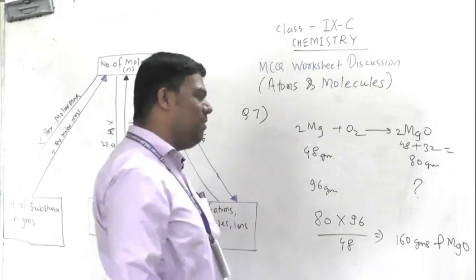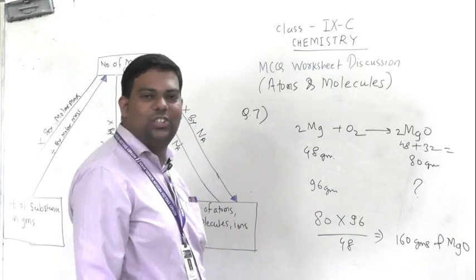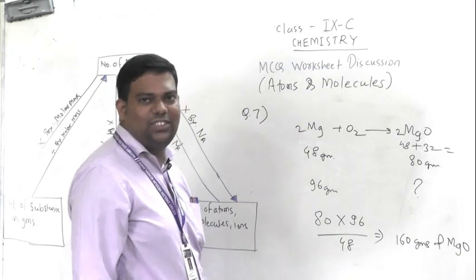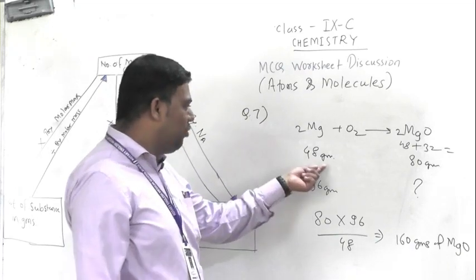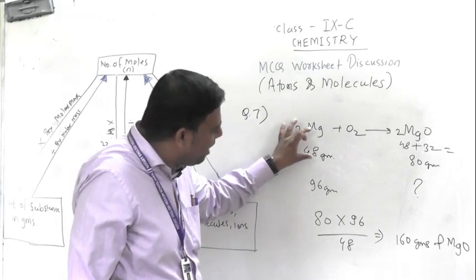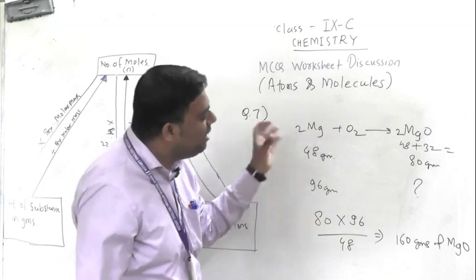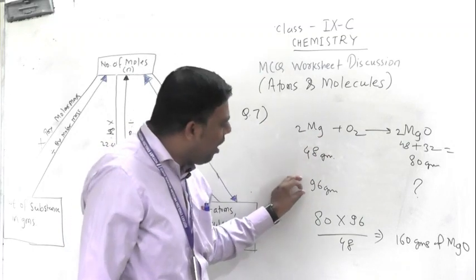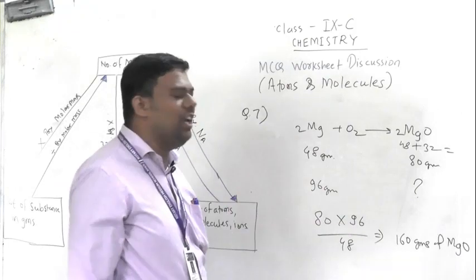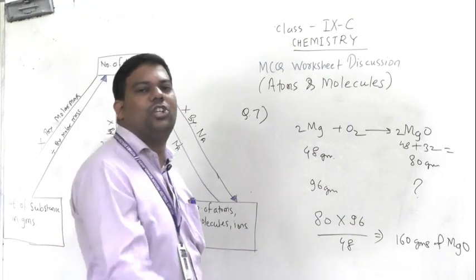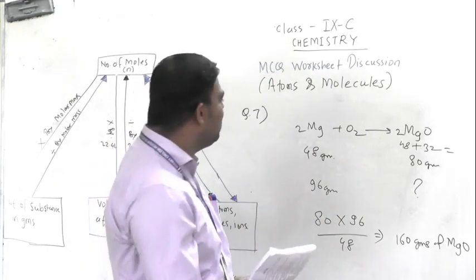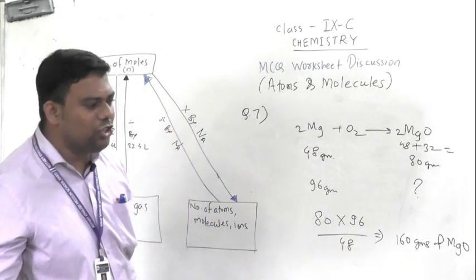Understood? Very important, questions like that will also come. So you must know the reaction with balanced products. Then first think of the actual molar mass, then proceed with how much they gave in the question. On that basis we can calculate easily with cross multiplication. Now we will move towards our next question, question number 8.